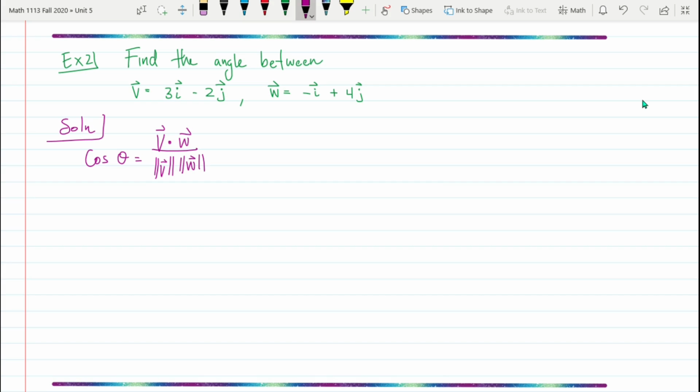So we got a couple of things to find actually, and if this is one of the first times you do this, then I suggest let's do it in parts. So let's find the dot product